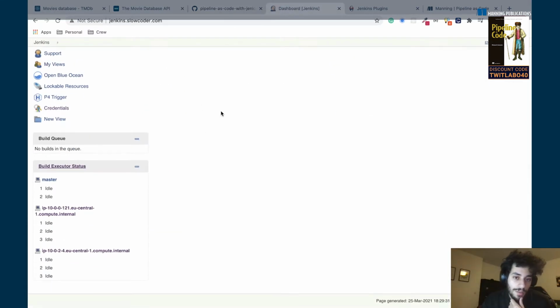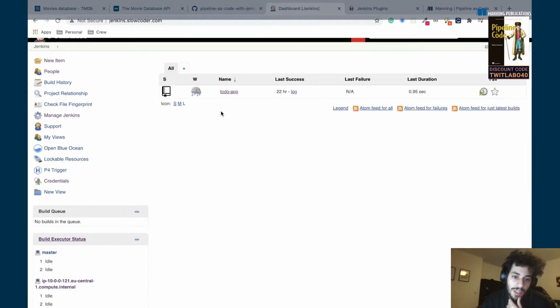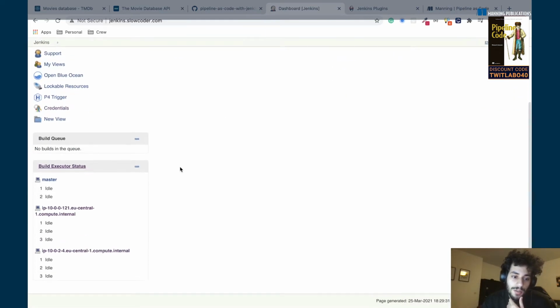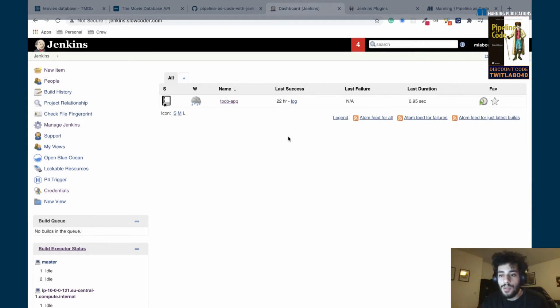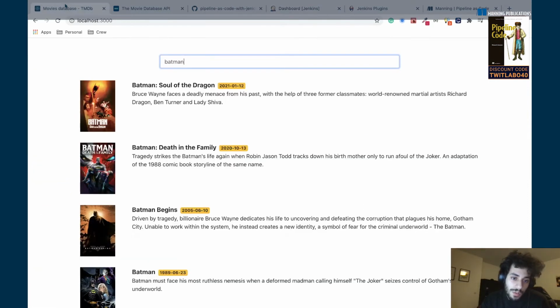So as you can see here for this demo, I have already created my Jenkins cluster and I already have two EC2 instances running as workers. So with that being said, now that our Jenkins cluster is running, let's start the integration process of our React web application. So for this web application that I have already written in advance,